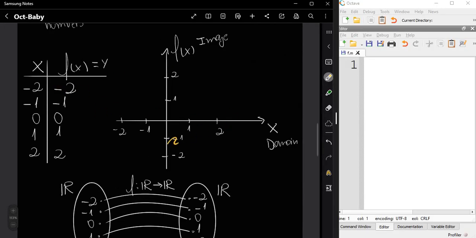Okay, so for minus 2 on the domain, we will get minus 2 on the image. Minus 1, we will get minus 1.